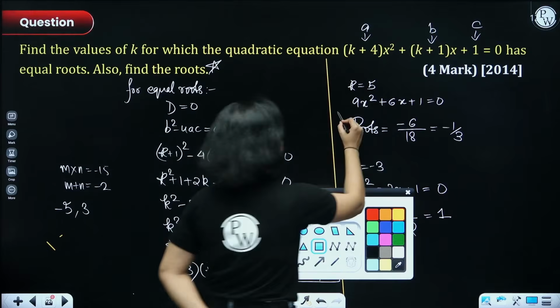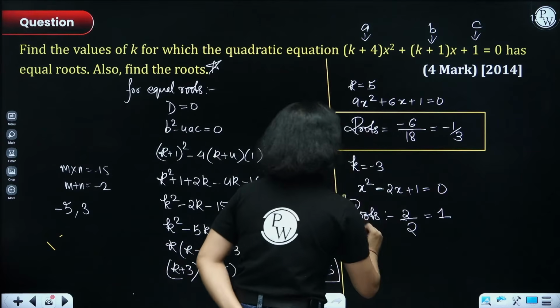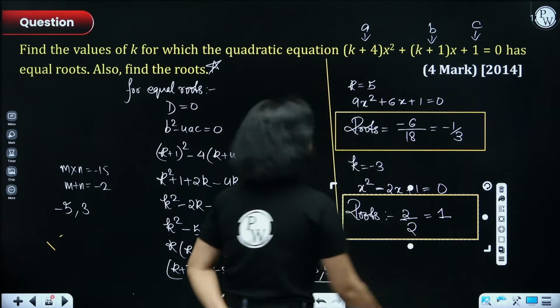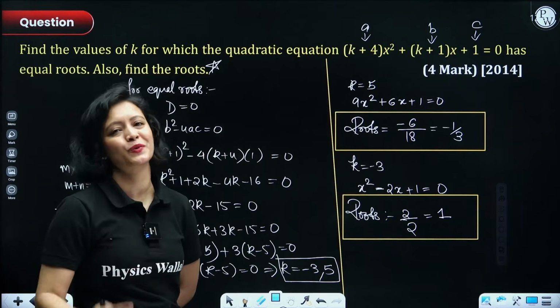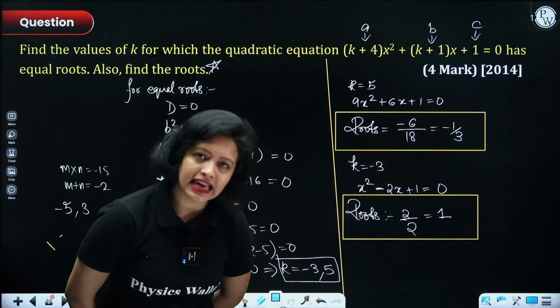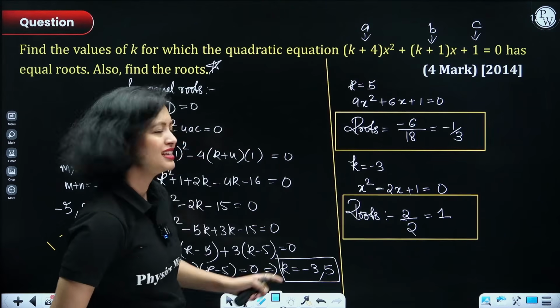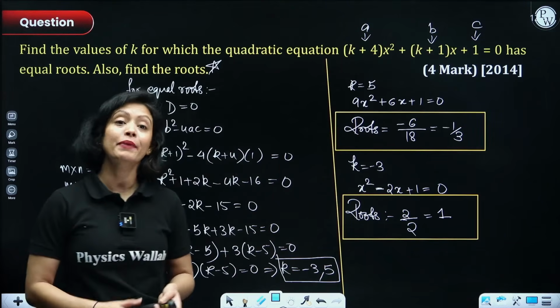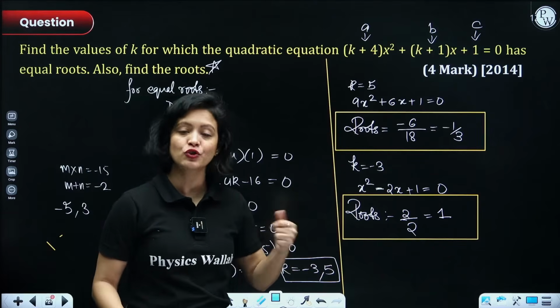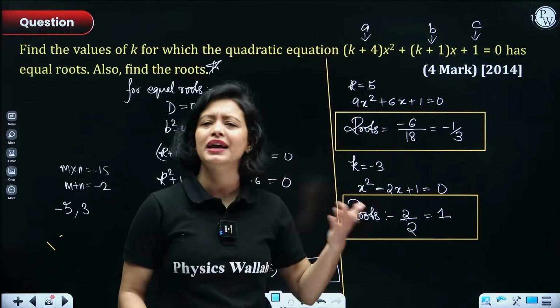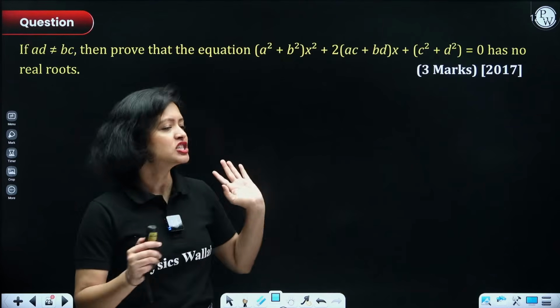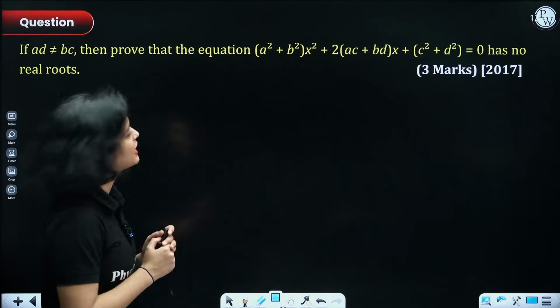Here, for the second part of the question, this is the answer. Both of these are the answers because you are getting two equations. Okay? Understood, everyone? And I think this was very basic. But again, very interesting question. Okay? So remember, guys, whenever you have real and equal roots, please use the shortcut minus b by 2a as the roots. Okay? With that, guys, let's move on to the next question here.